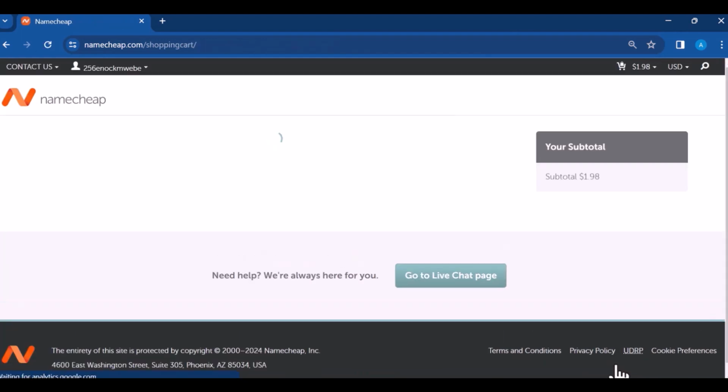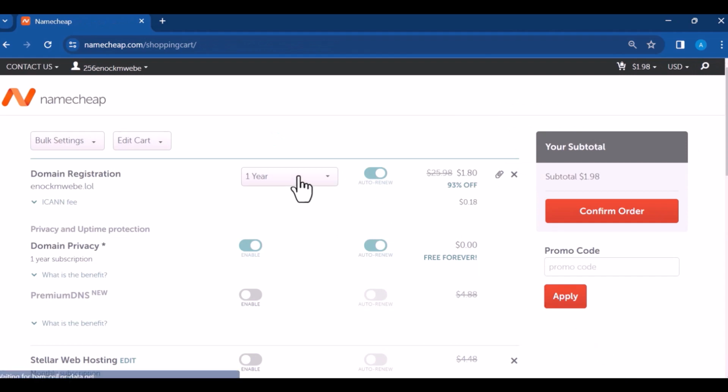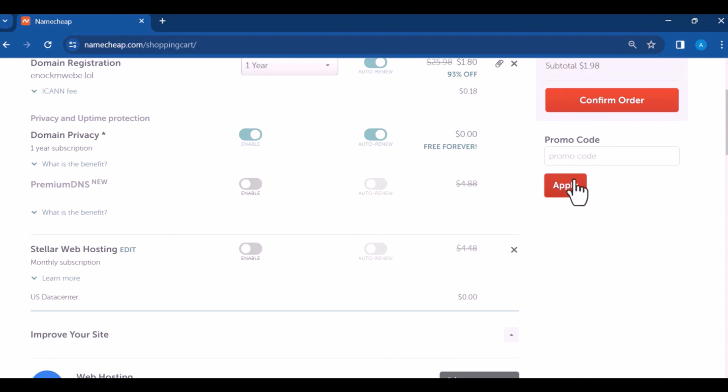Okay, so once you're here, you can change the number of years you want to register your domains for. 3 years, 4 years, 5 years. You can change to 5 years. It's not really expensive, but I'll keep it for 1 year since this is just for demo purposes. Okay, so I'll hit confirm order,